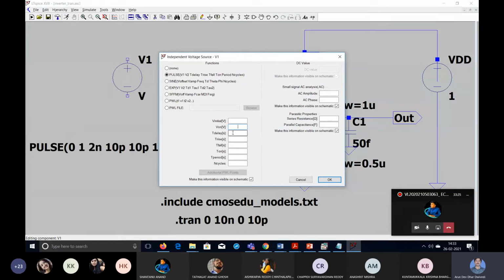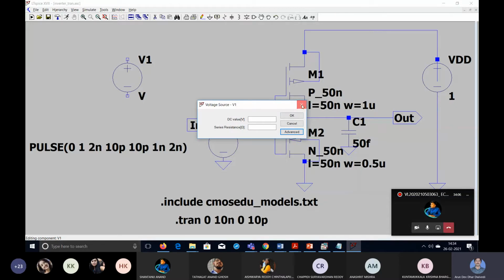Delay, the time delay, maybe a few picoseconds we can provide. Rise time a few nanoseconds, fall time a few nanoseconds; we can provide exactly the same rise time and fall time. On time is the pulse width of the pulse. So on time may be, suppose, 1 nanosecond, and then the period will be just double of this, or maybe different, but generally we consider on time and off time the same: on time 1 nanosecond, off time 1 nanosecond, then 2 nanoseconds. Then the number of cycles you want to show in this pulse can be decided here or in the simulation command, up to whichever time you want to plot. So this is the modification done in this source.